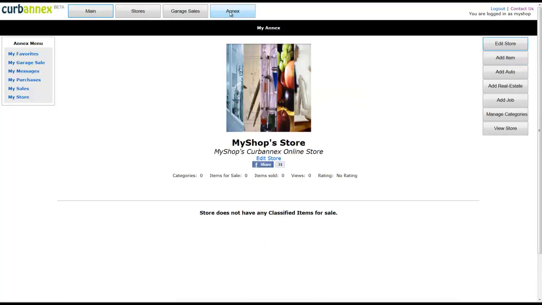And under the annex I have my store. Now if I haven't created a store, it'll be big bold text here. You can go back and watch the video on how to create a store, which dives deep into that. I'm not going to get totally into that. But this is the annex. This is the control panel of your store. So here you can add classifieds, edit your store, add autos, add real estate, add job, create custom categories for your store, view your favorites, mark your garage sale on the interactive map, view messages from users